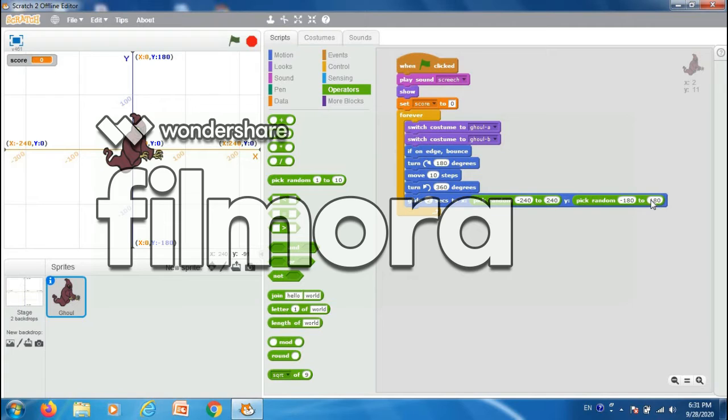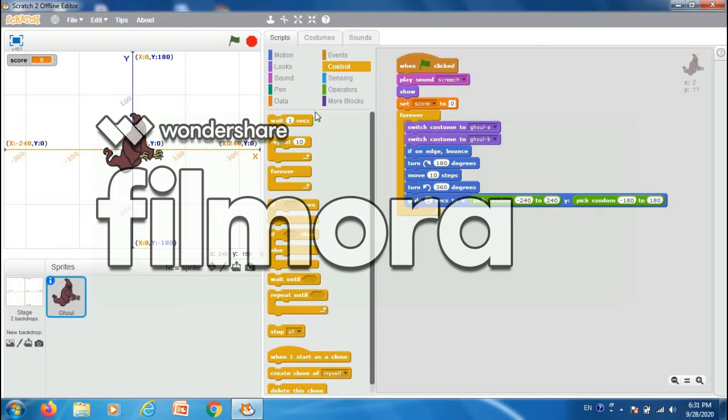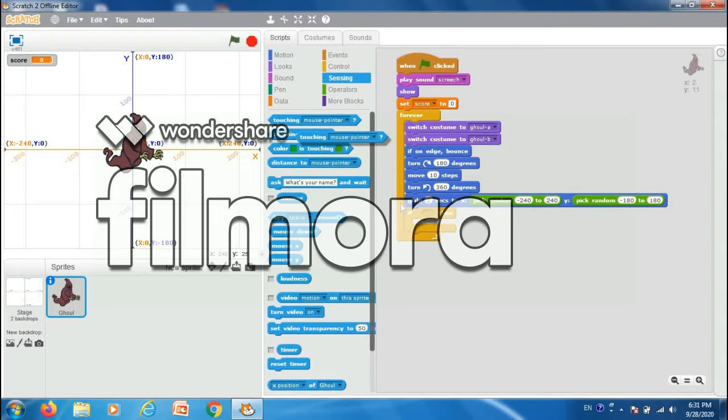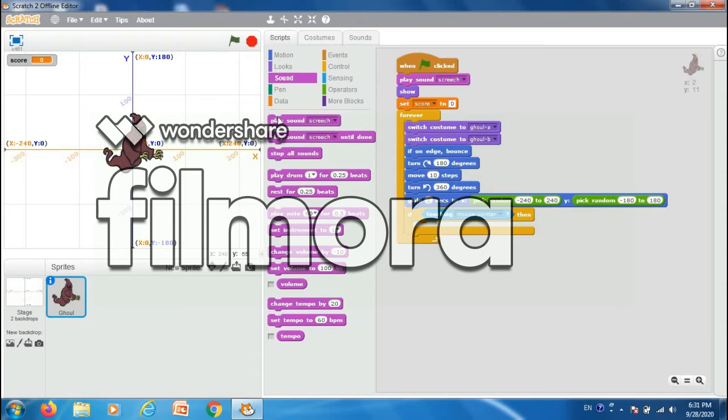Okay. Now go to the controls, if then. Now go to the sensing, touching, and then go to the sounds, play sound. We have to select here the verb beatbox sound.